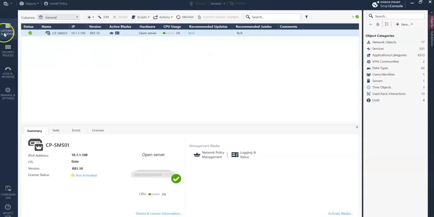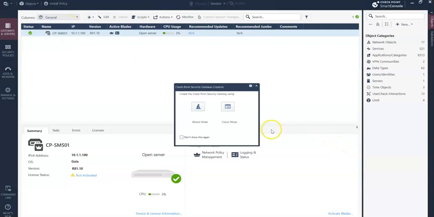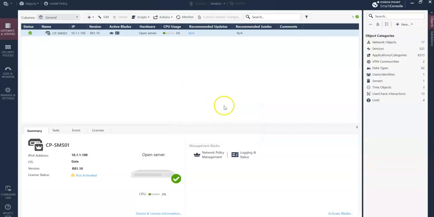And the way to do it is to log into the Smart Console and go to gateways and servers, and from here you have add, and you can add a new gateway cluster or object from here. So we can see gateways right there. You can use the classic or the wizard mode. This will in the end get you to the classic mode, so we'll rather start from here, classic mode,